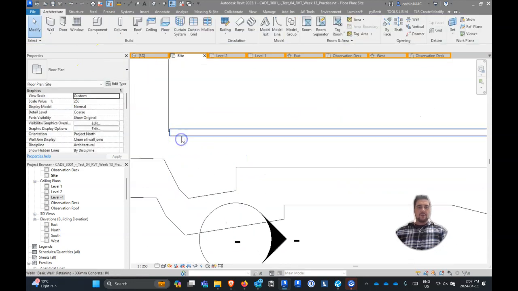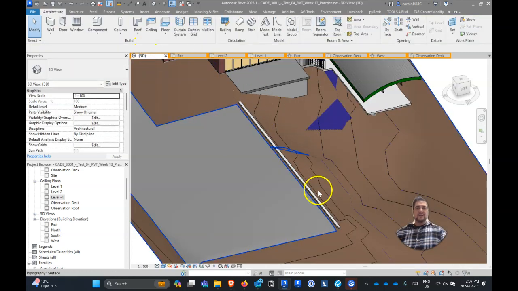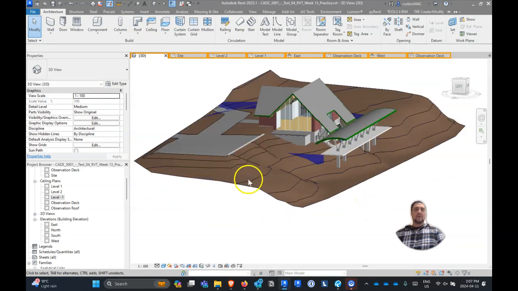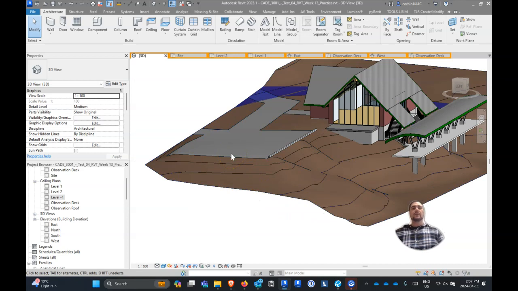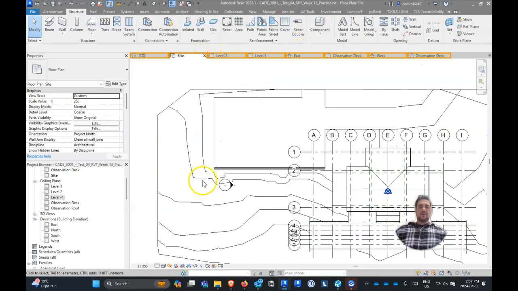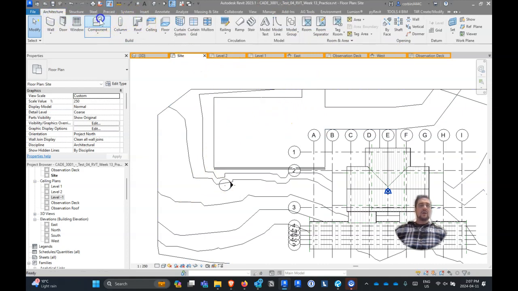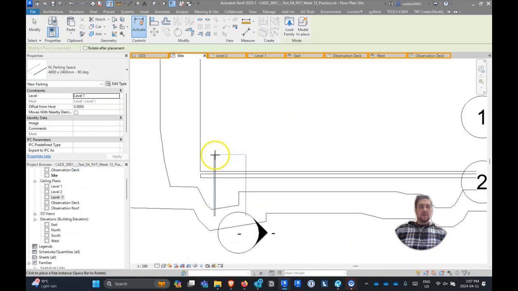And we'll leave a little bit of ground there, but we'll just bring this wall a little bit past. It just adds a physical barrier so it looks like someone's not going to drive off the cliff there. And then I'll go to my site here, and we have this rough parking lot laid out. So once I do that, I will go into my components, and the parking spot should be automatically loaded in